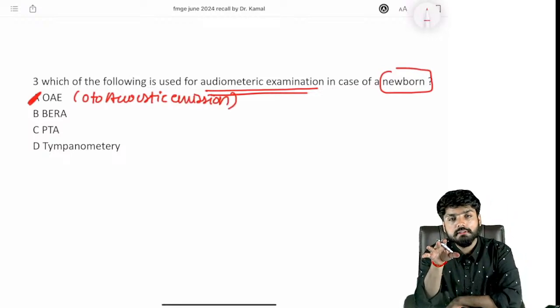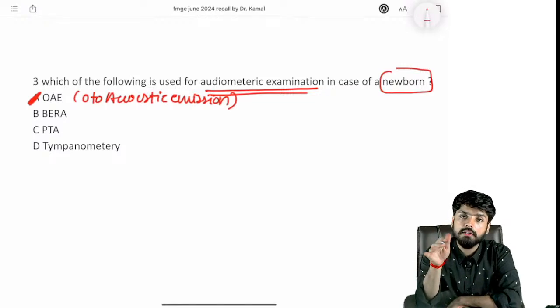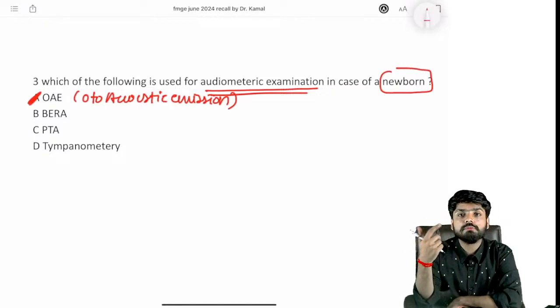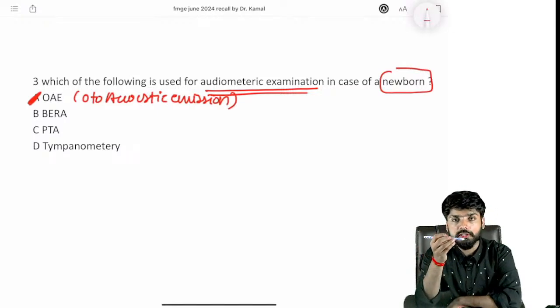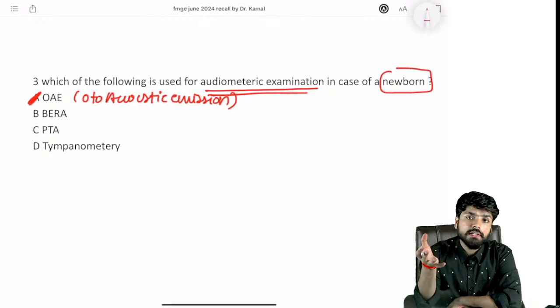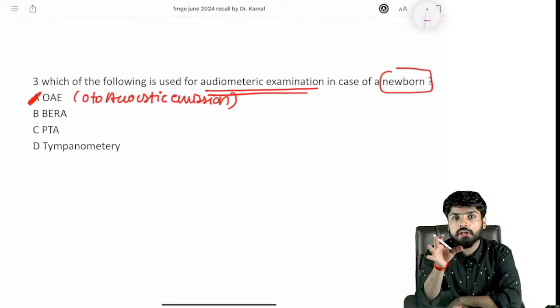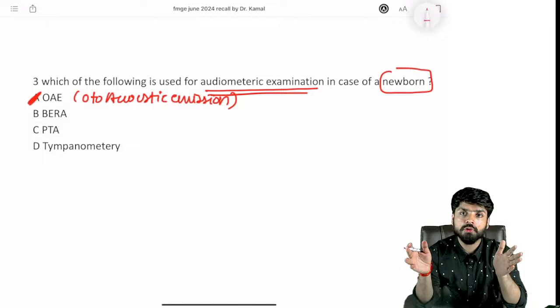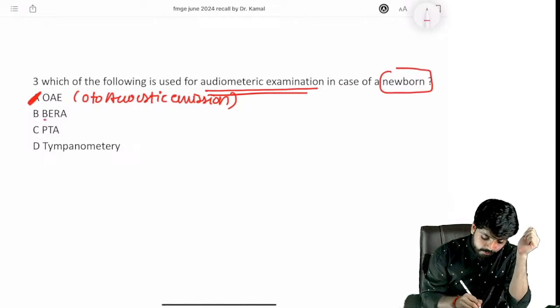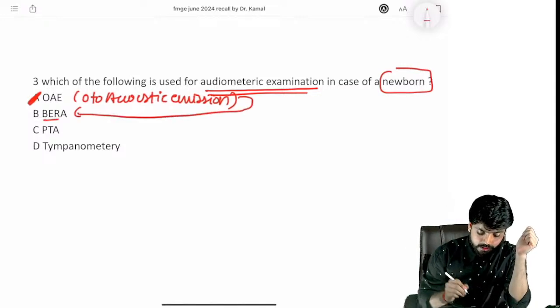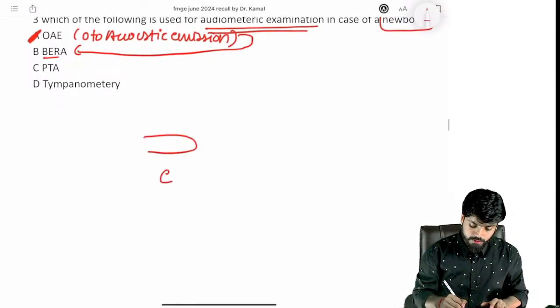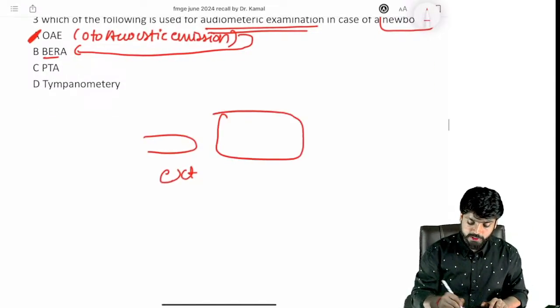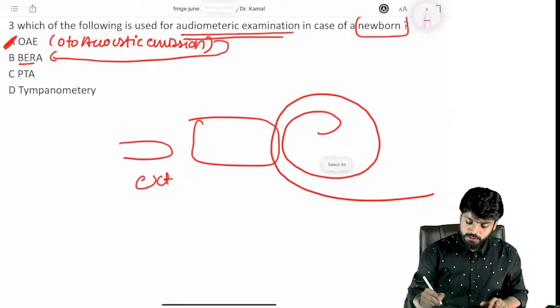There are outer hair cells in the organ of Corti in the inner ear. These outer hair cells always produce some kind of emissions. We take a probe and insert it inside the ear canal of the patient. Now, if the patient is having these emissions, that means the hair cells of the organ of Corti are performing their function correctly. So there is no kind of problem over there. The newborn is okay. But if the probe is in the external ear, then there is the middle ear, then there is the inner ear.